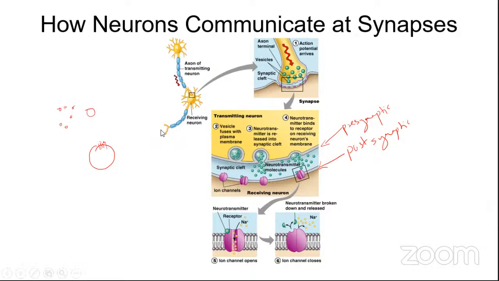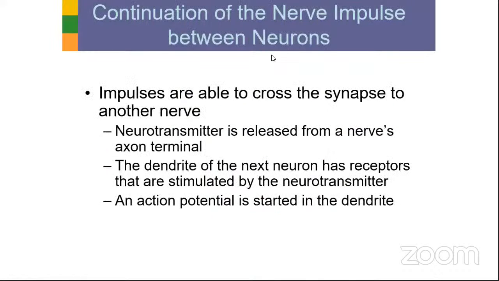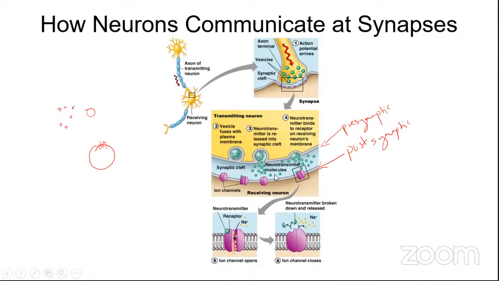Okay. So now when the synaptic vesicular membrane merges with the presynaptic membrane, the entire neurotransmitter load is going to be released into the synaptic cleft. As soon as you release the neurotransmitter in the synaptic cleft, what happens next is the interesting part. Once it is released, the neurotransmitter searches for a receptor in the postsynaptic membrane. So if you have the receptor for this neurotransmitter in the postsynaptic membrane, what may happen?